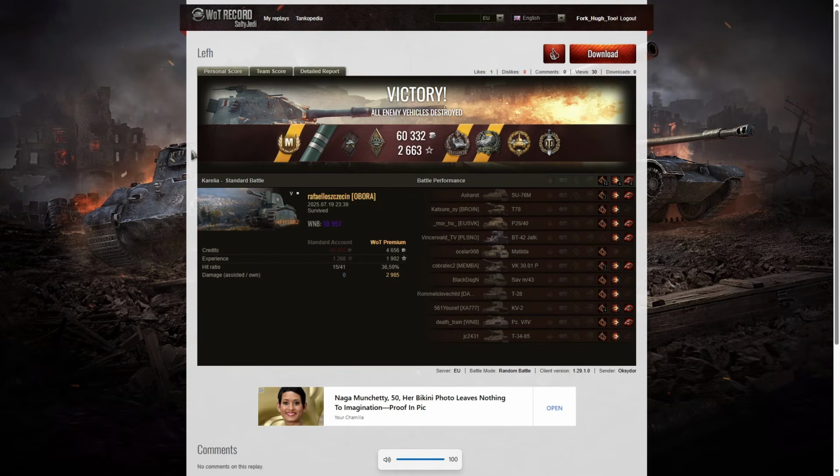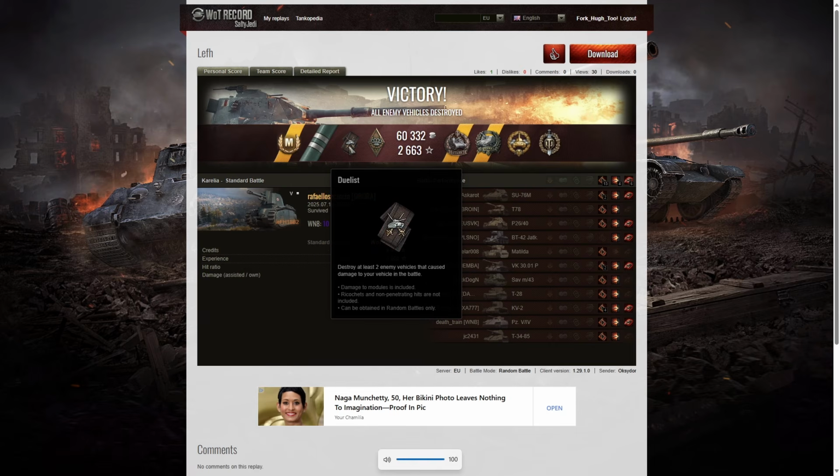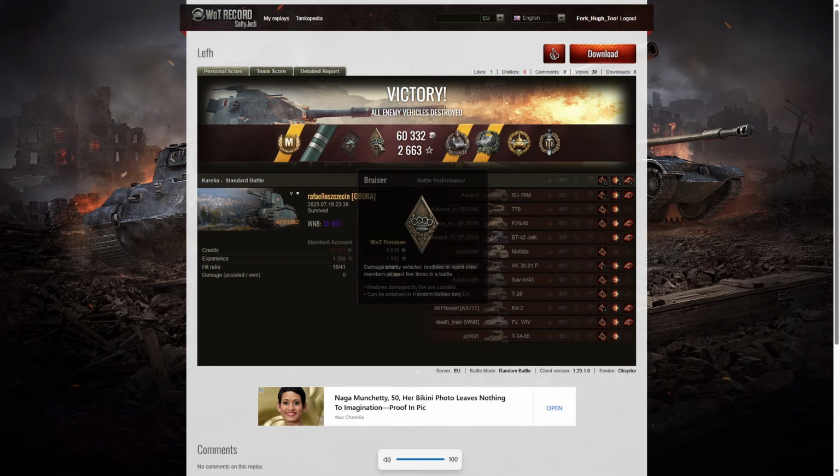Well, that was a cracking battle by rafaelloszczecin. At least I think, is that Sketchin? Of the OBORA clan. In the FIFI, he managed to get an ace tanker out of that game, as well as his second mark of excellence. Very well done. He also got a duelist for taking down 2 tanks who damaged him,